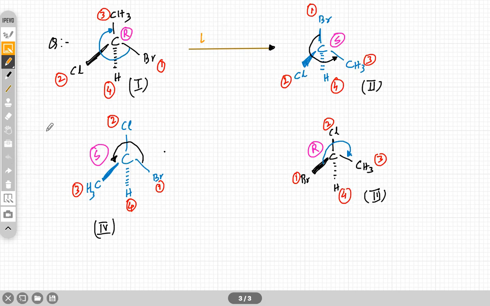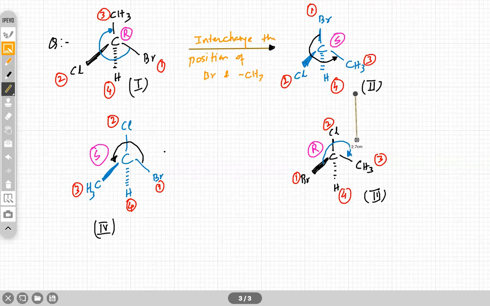Or we'll write it like this. Interchange the position of Br and CH3, right? Correct? You will get this. Now, if you want to form third from the second, what do we have to do? Can you tell me? From 2 to third, we have to interchange the position of Cl and Br,